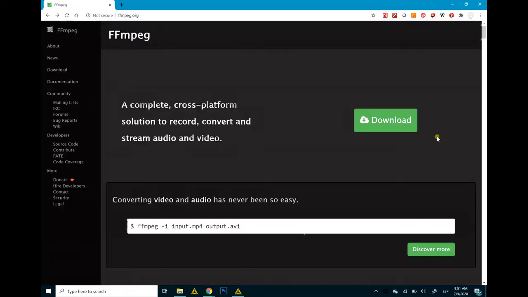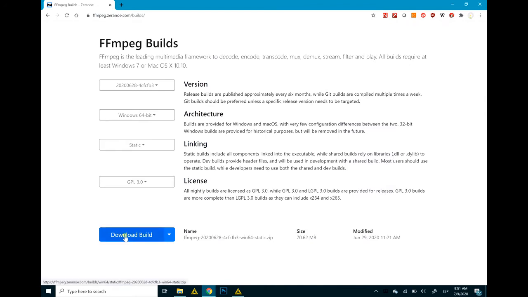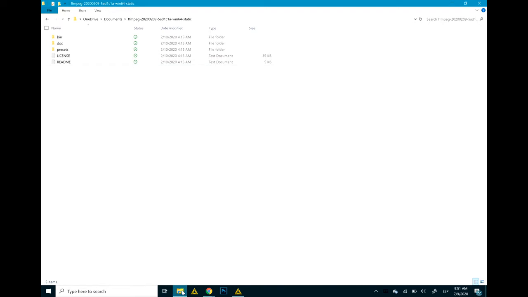So just go to their webpage, click on download, select the operating system and follow the instructions to download the tool. I downloaded the tool in my documents folder. So now we only have to set the path to this folder, and it's important to copy the path to the bin folder. So just click in bin, we copy this path,